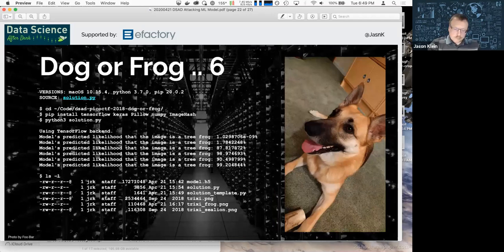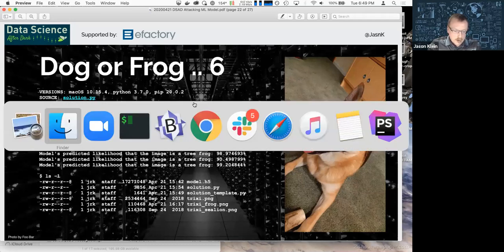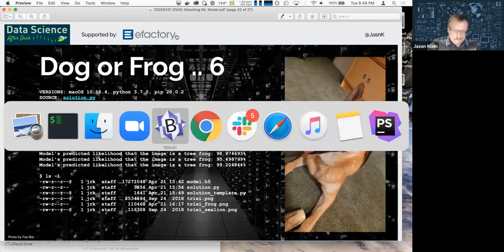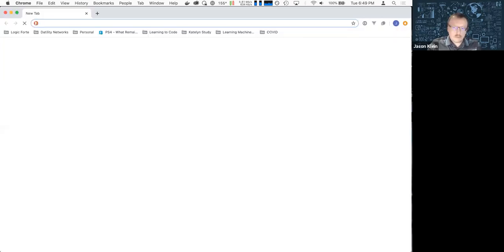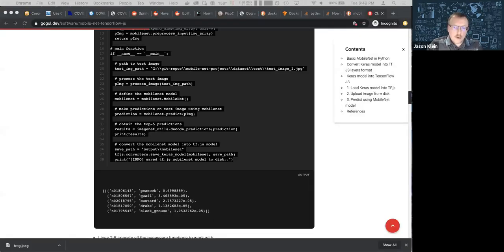So let's see here. I'm going to go into live demo. I copied some output here, but let me share a different screen. Any questions while I'm switching screens here?